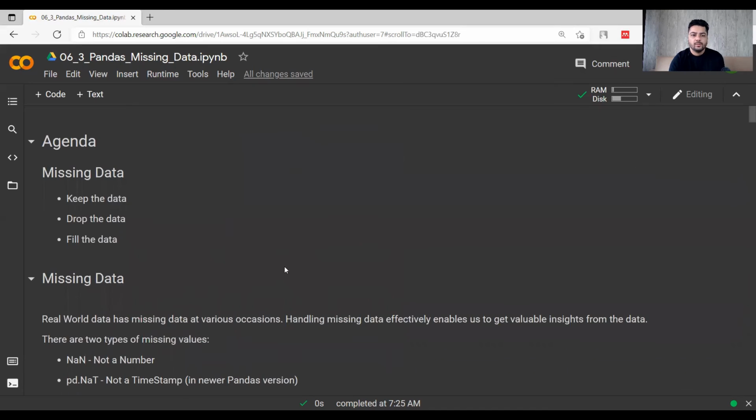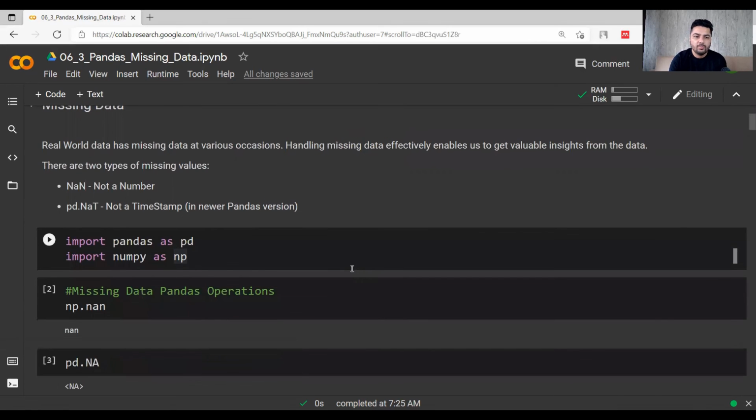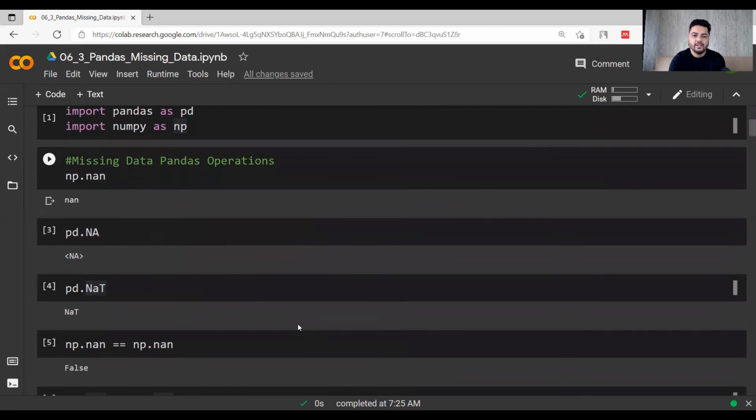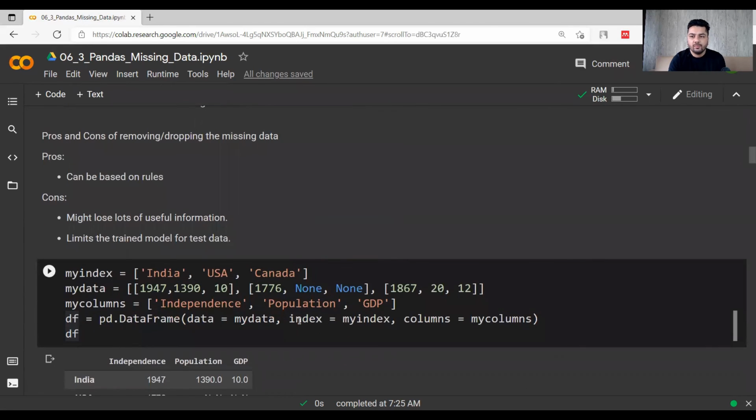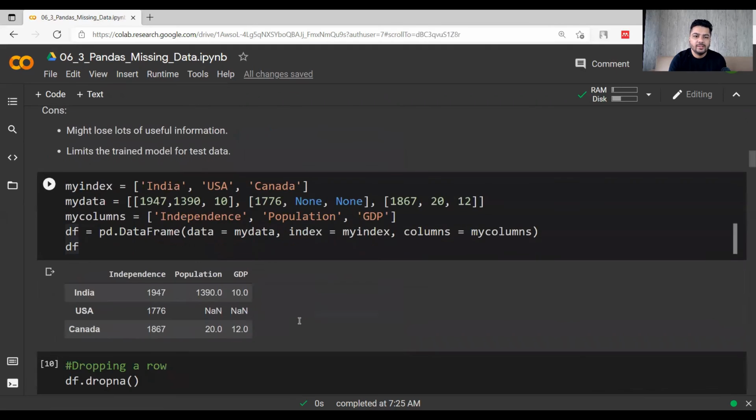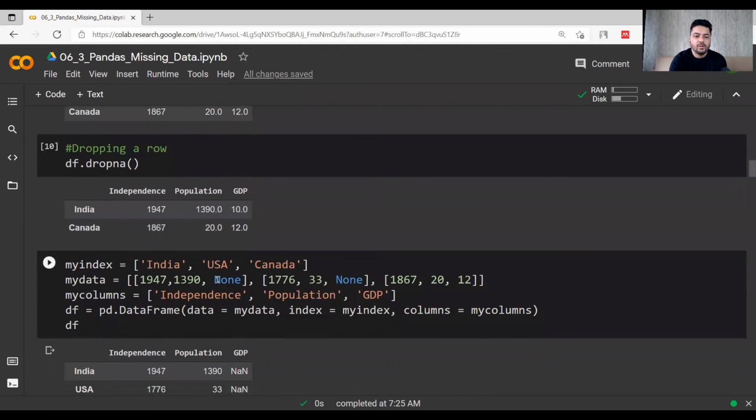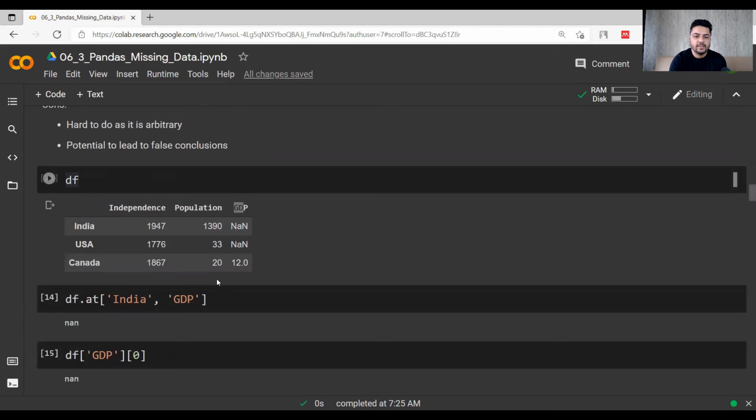So that's all. We have learned a lot of things in this video, about keeping the missing data, dropping the missing data, and filling the missing data. So multiple things were covered. Initially we learned about the NaN values, NaT values. Everything was taught on a basic data frame, and then we also did some implementation on the data set.